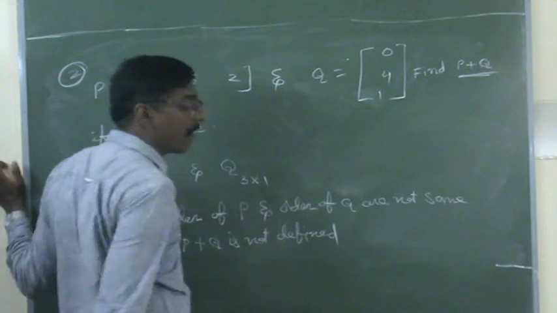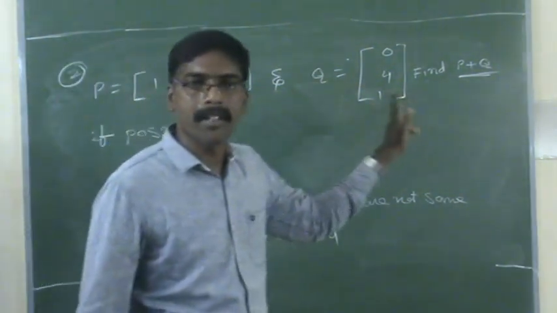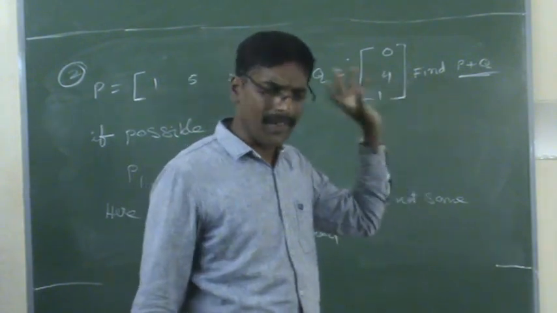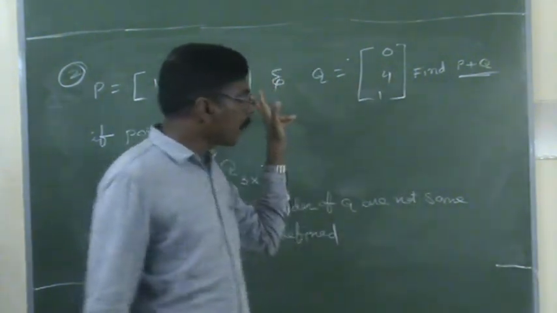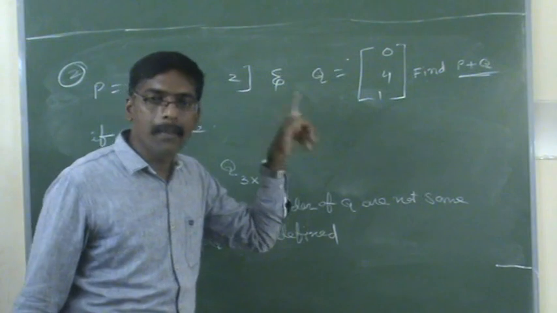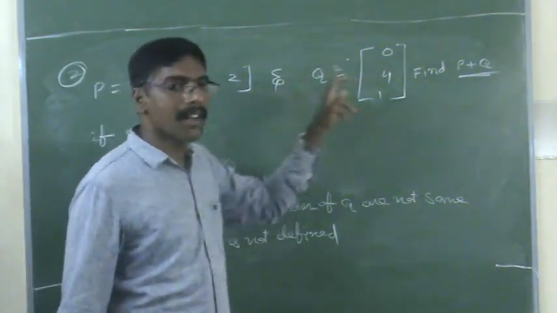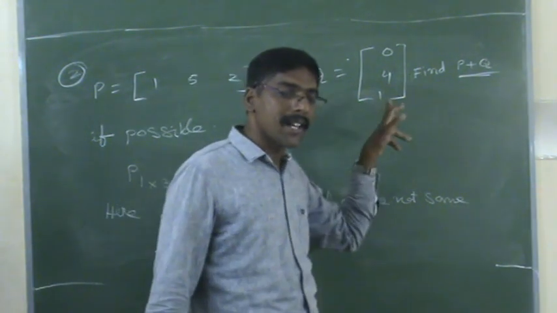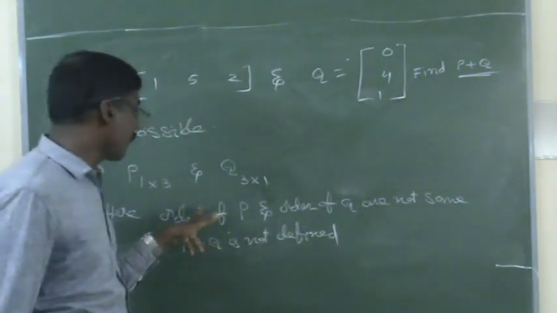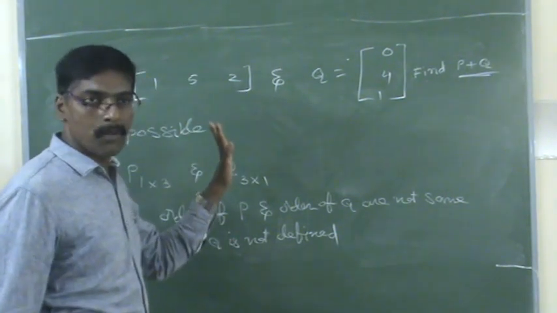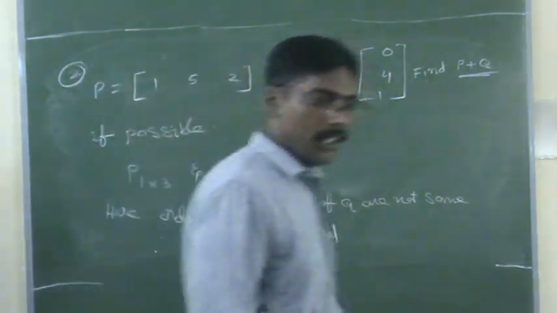You can write anything, no problem: addition of two matrices is not possible. The reason is their orders are not same. This is very clear information for you. Whenever we need to add the two matrices, the condition is first we need to check whether their orders are same or not. Whenever their orders are same, immediately we can say that the addition of two matrices is possible. Otherwise, addition of the two matrices is not possible. Like that we need to check it.